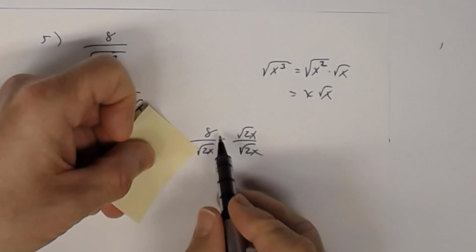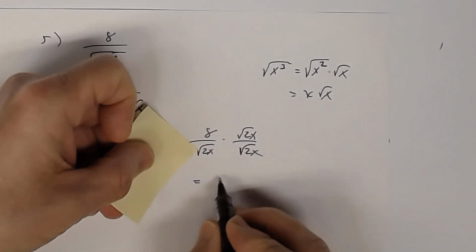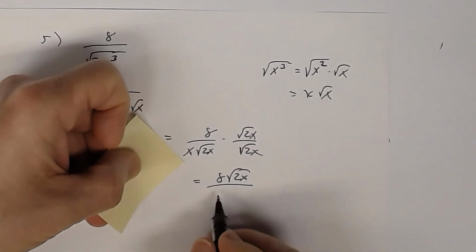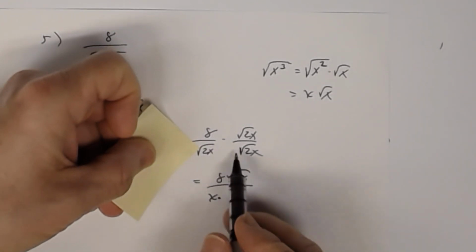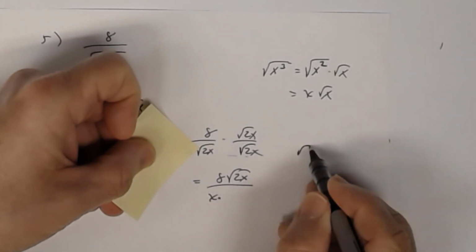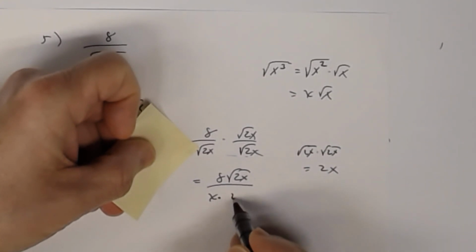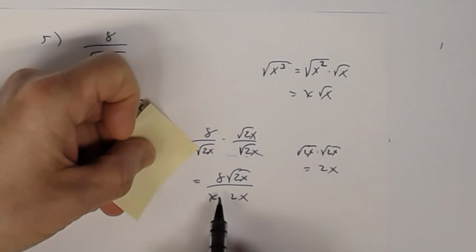Okay? And so then this becomes 8 square root of 2x divided by, and then don't forget that's an x here, so you need to rewrite it. And then we know that the square root of 2x times the square root of 2x is equal to 2x, so that's times 2x. And now